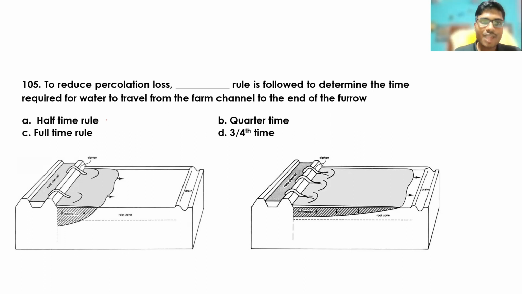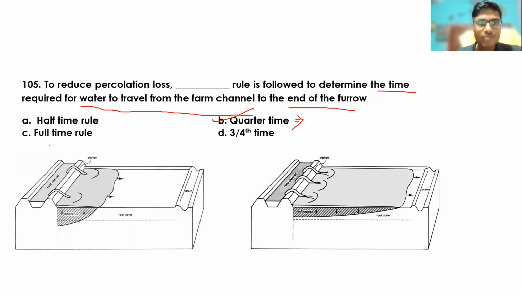The options are half time rule, quarter time rule, full time rule, or 3/4 time rule. So the correct answer of this question is quarter time rule. Then what is this quarter time rule? This quarter time rule says that the time required for water to travel from farm channel to the end of